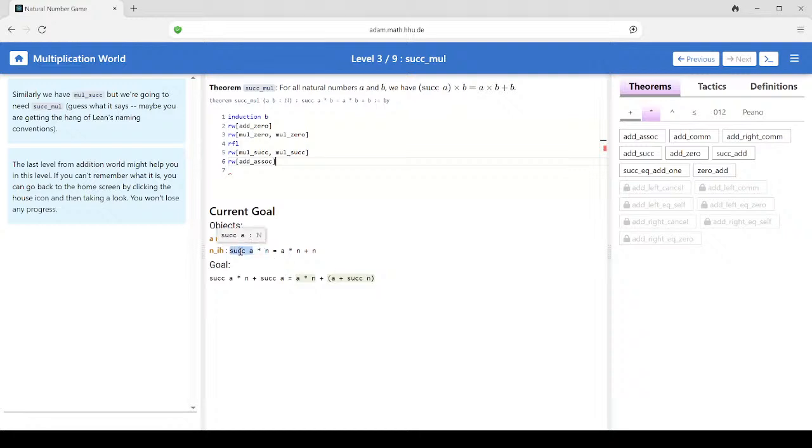Hang on, I should be trying to get it in this. The successor of A times N equals A times N plus N. Huh. Oh wait, if I go back a little. Maybe